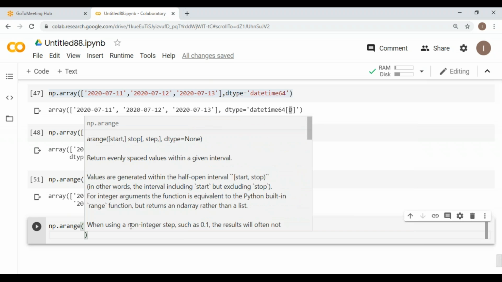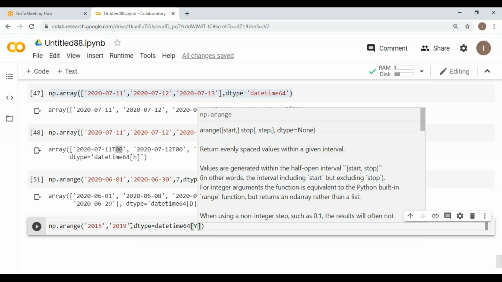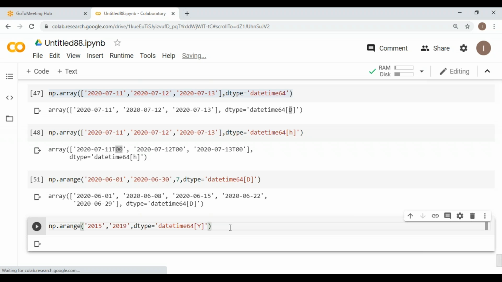And what about the output, sir? 64. Then for the y calculation, sorry, this is for the year. And sorry, I forgot to plot it. Okay, fine. So let's try to get output for the 15, 19. देखो सर कितना होगा सर? 15, 16, 17, 18. So it can calculate automatically. So is there any doubt? This is a powerful application for the time series processing. This is the main and this is a very challenging part. So is there any doubts or anyone? So first I am going to share the